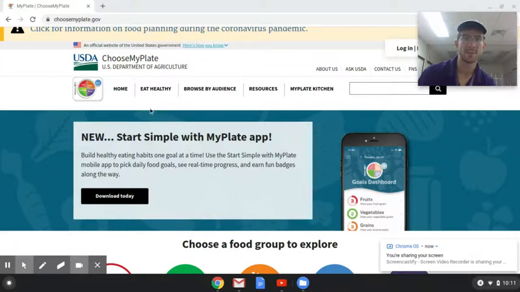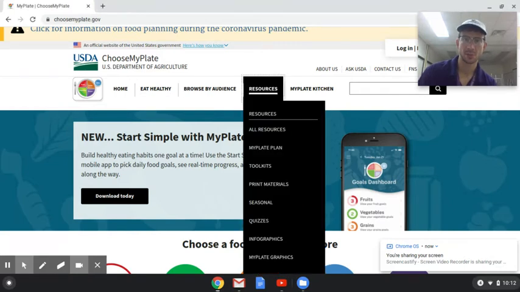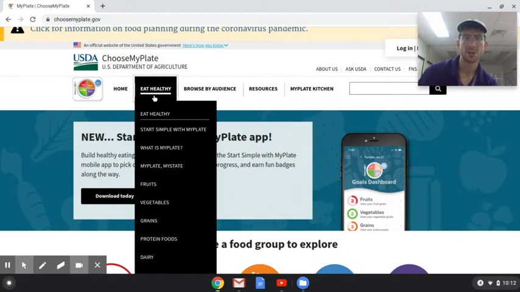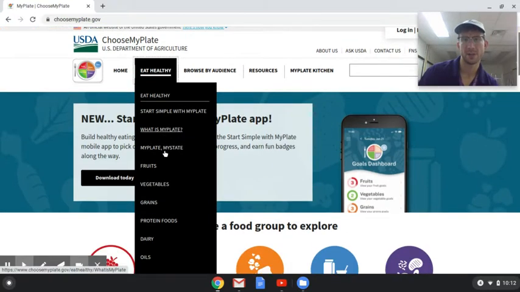I'm going to talk a little bit about how to use choosemyplate.gov website. As you're doing your online work and whatnot, you can learn how to navigate this website. So right here, there's a couple things that you can use. There's resources, which are quizzes, some pictures, all that stuff, a little meal plan. But what you're going to be looking at is what is my plate. So click on that